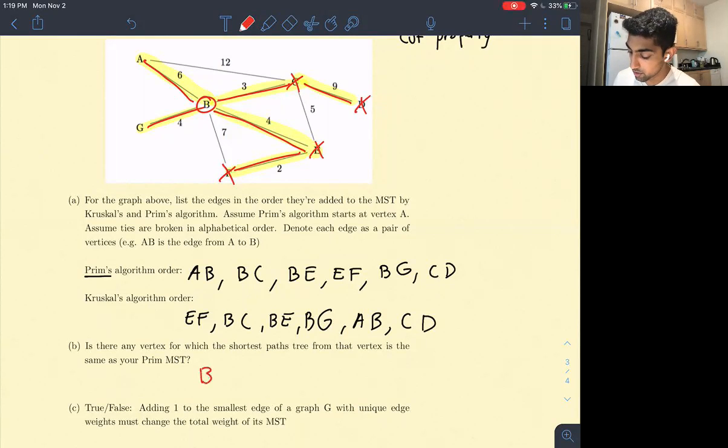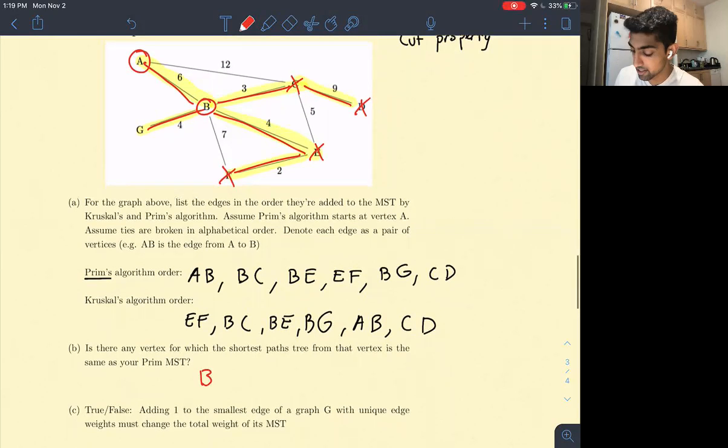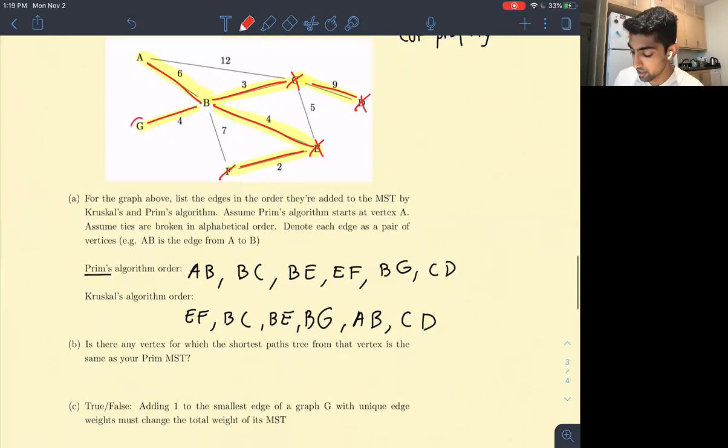Let's see if A also holds, right? A seems like it should hold just because it's positioned relative to B, but let's double check. So let's get rid of all of these red edges. Okay, so if we're at A, we go to B like this, we go to G like that, we go to C like that, then we would go to E like that, F like that, and then D like that. Perfect. So we see here that A, B both hold, and we can easily see that G also holds